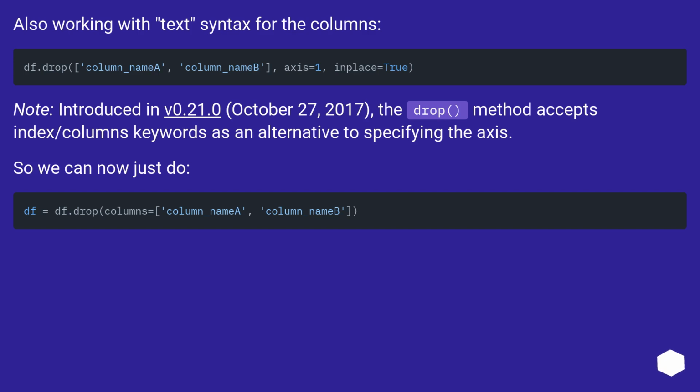Also working with text syntax for the columns. Note: introduced in v0.21.0, October 27, 2017, the drop method accepts index/columns keywords as an alternative to specifying the axis. So we can now just do